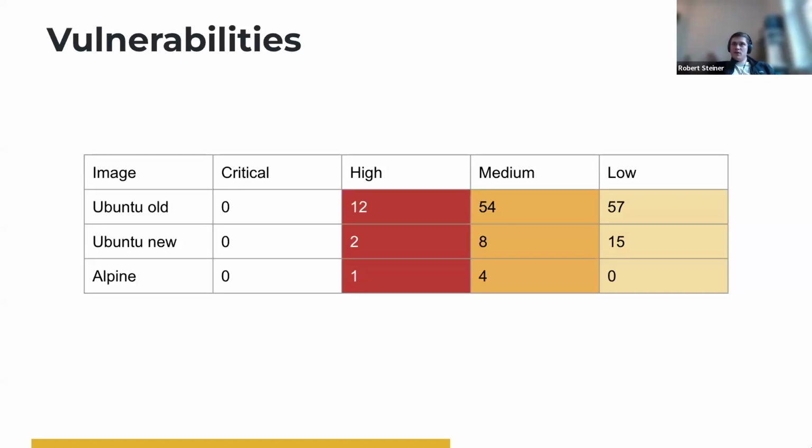For the high vulnerabilities for Alpine and Ubuntu New, one of them is pip. It's also not fixable. And the other one in Ubuntu is setuptools, although that's a false positive because in one layer we install that specific version that is vulnerable or has a security issue. But in a later layer, we actually install a newer version, but it's still flagged as a security vulnerability. But that's not part of the final image then.